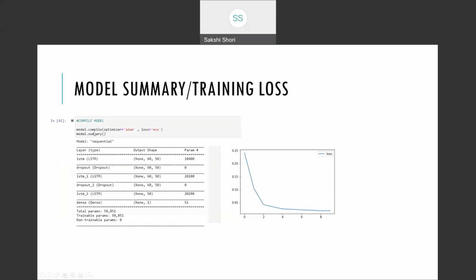Model summary, you can see here when I compile the model, here is the optimizer and the loss function is mean square error, which is MSE. And again, all this analysis is based on the Python language environment, and it uses TensorFlow as deep learning framework for training, prediction, and comparison. You can see the loss function here. The loss kind of decreases big time and converges at epoch 4, and then it kind of stabilizes thereafter.